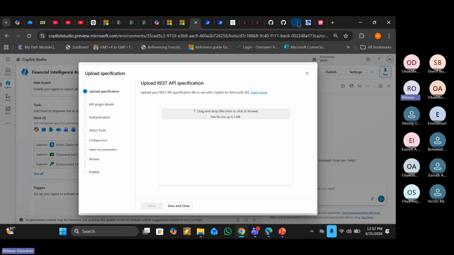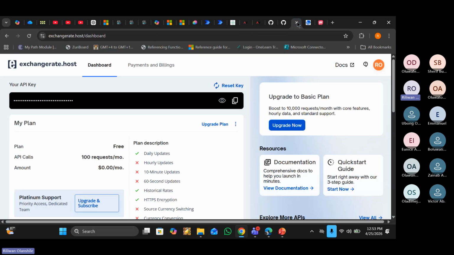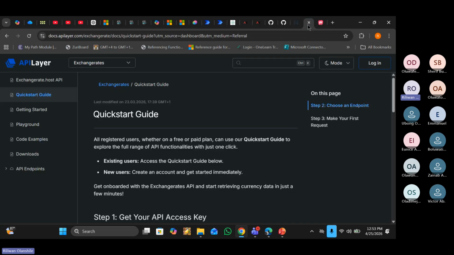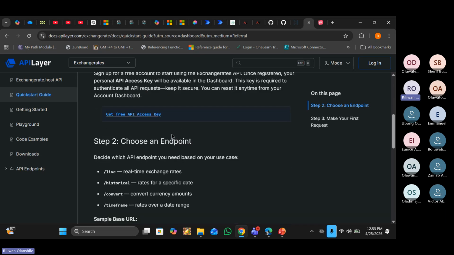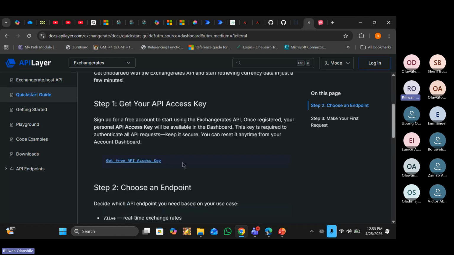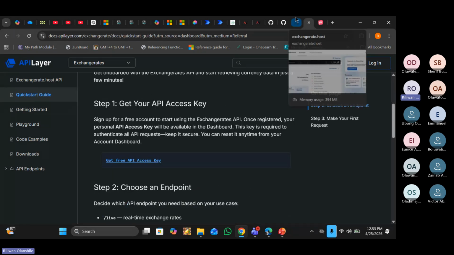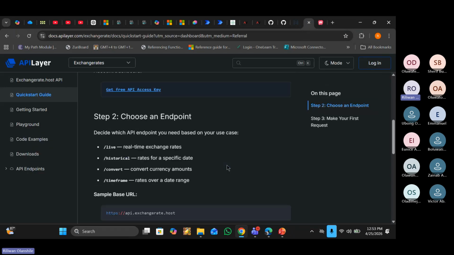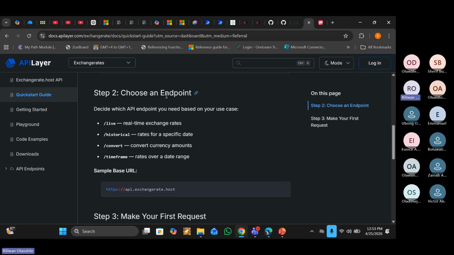Now, let's go back to documentation. It's very, very important that you are also able to read documentation, because it's not just important that I want to use an API. How does the API work? What are the endpoints? I'll be speaking about endpoints in this part. Now, let's proceed. This is showing me the guide. He's telling me the first thing: get your API access key. Remember, I already got my API access key. I already have it here. So let's proceed. Now, the particular endpoint you want to work with.